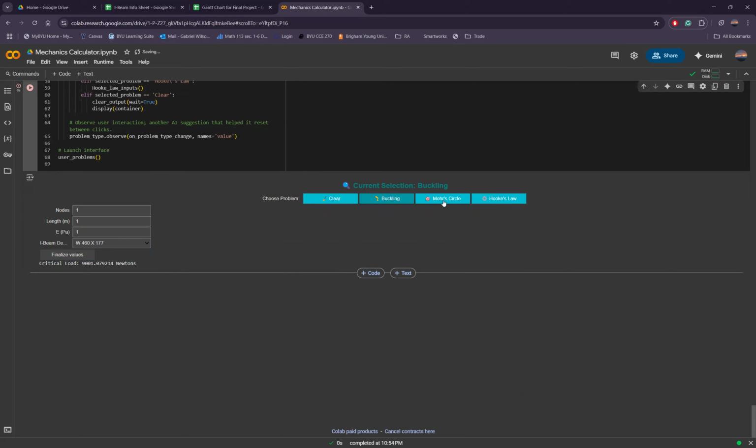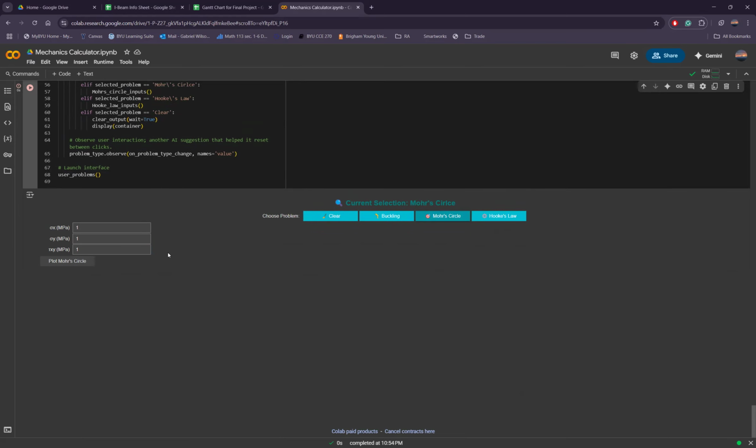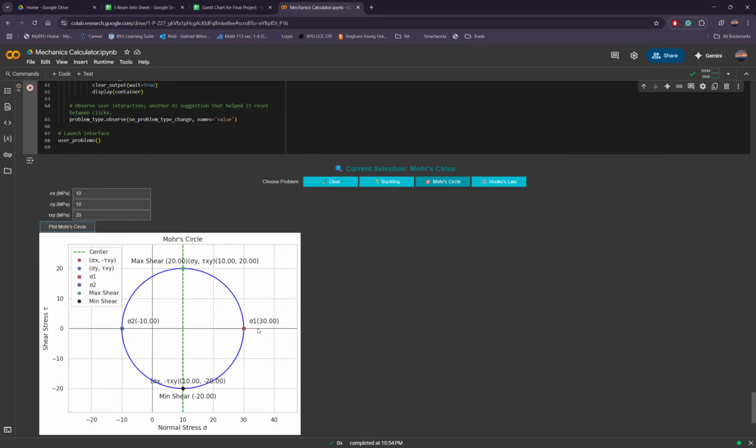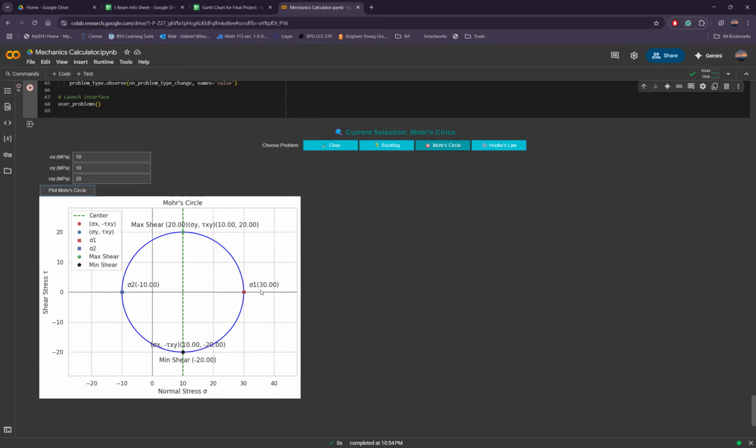The second function is Mohr's circle. You'll be given several widgets that will help you input things into your function. And as you do that, you will add your values. And then let's say this is 20, and then you can plot your Mohr's circle. And it will give you your points for your minimum shear, your maximum shear, your shear one and your shear two. And those are all labeled so that you can then take those things and put them into your